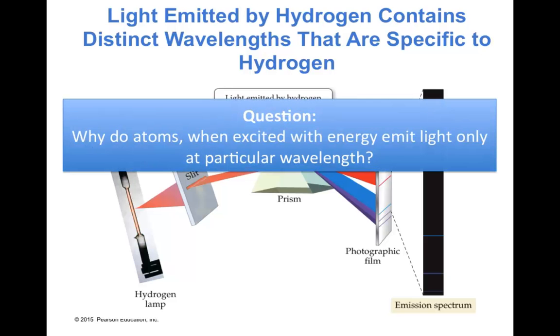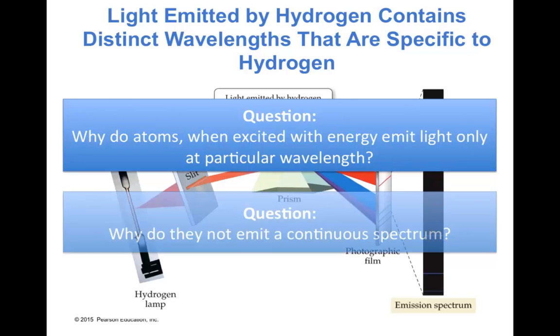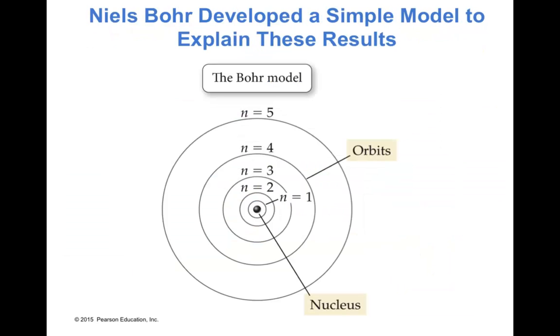So the question is, why do atoms, when excited with energy, emit light only at particular wavelengths? And why do they not emit a continuous spectrum? To try to answer these questions, we are going to introduce a simple model developed by Niels Bohr called the Bohr model. In this model, electrons travel around the nucleus in circular orbits that are similar to planetary orbits around